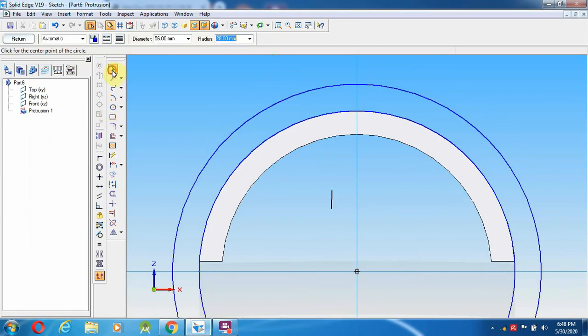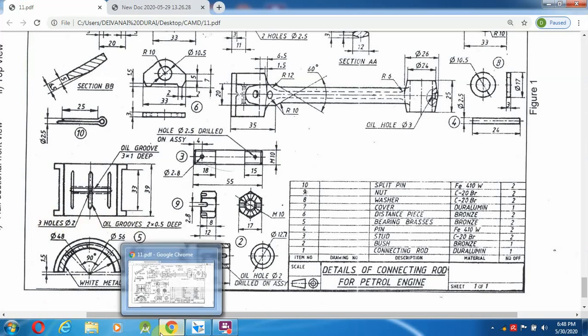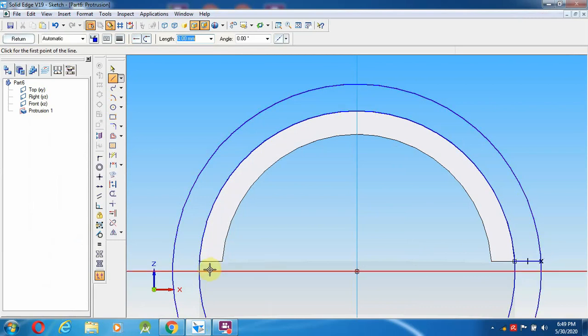Then I am going to take the maximum distance from here to here. Okay, so 39 mm. I am going to stop from here, one more line.